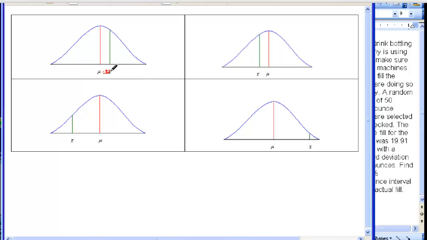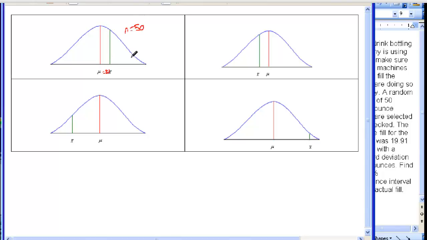Now, they don't expect for any one bottle that they could possibly pull off of their production line to contain exactly 20 ounces. But they do expect that the population mean is 20 ounces or not significantly different from 20 ounces. Now, when they take the sample of 50 bottles